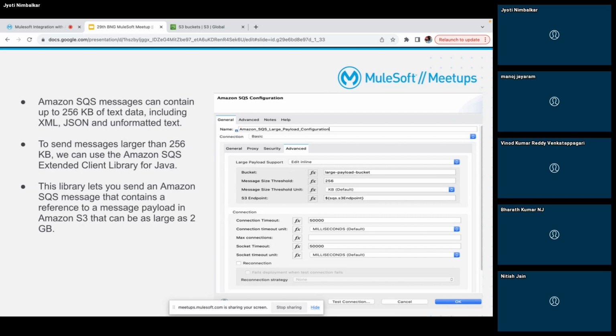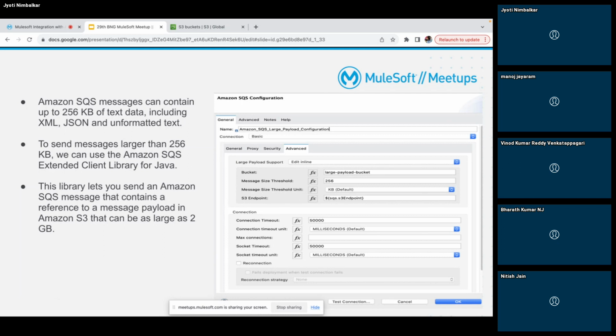So at that time we came across this solution, which is quite easy, and not much configuration is needed. What we are doing here is storing that huge file in an S3 bucket, and using a reference ID and storing it in a queue while publishing the data. The same thing happens while receiving the data as well, right?